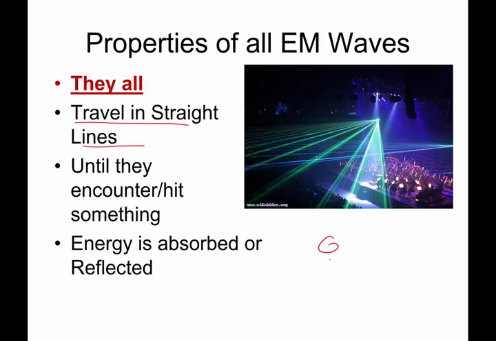If I am looking at an object with my eyeballs and I see that an object is over here, maybe it's a flower pot full of flowers, I can reach out and grab the flower pot and touch it because I am used to the fact that light travels in straight lines. This is how you and I maneuver around our normal everyday life. We count on the straightness of these waves.